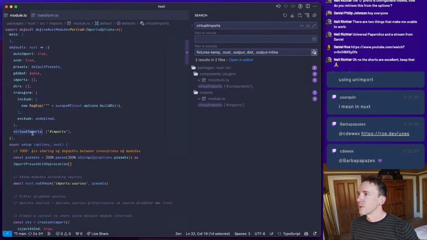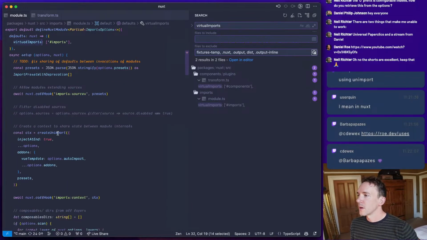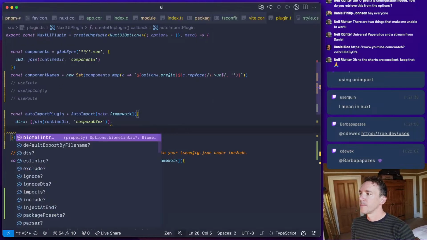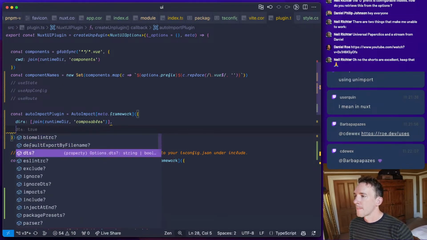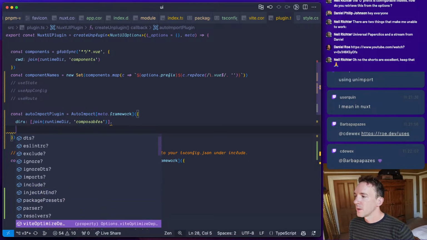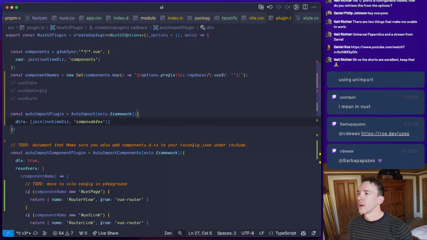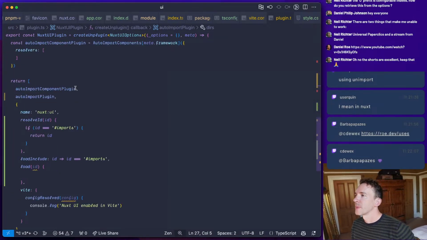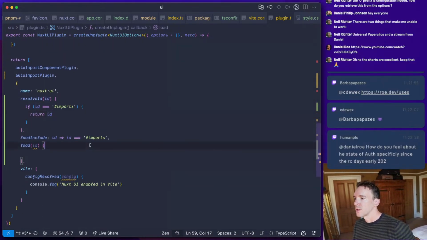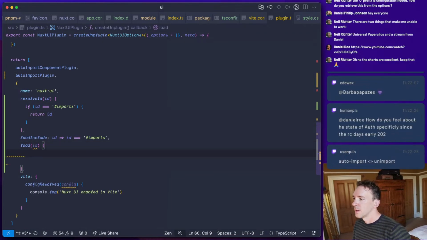That's just being passed through, right? So it should be, oh, is it, it might not be supported by the unplugin. Okay, so we might have to do this anyway. So if ID is imports, yeah, okay. So load the ID and return.